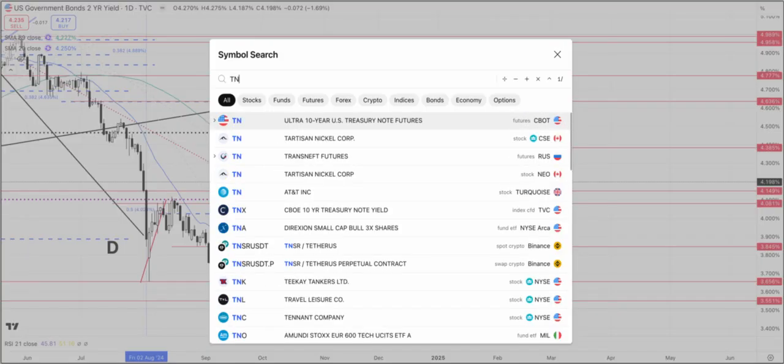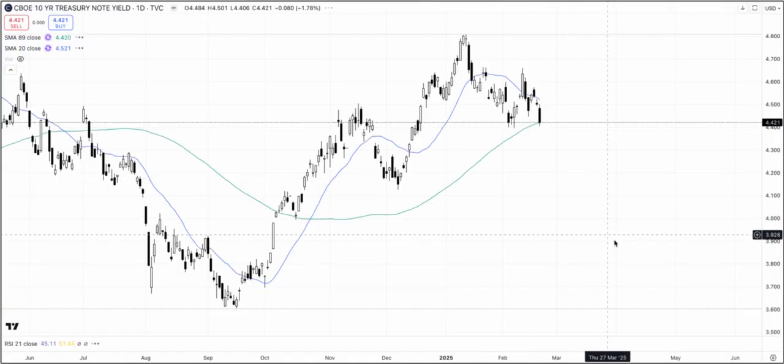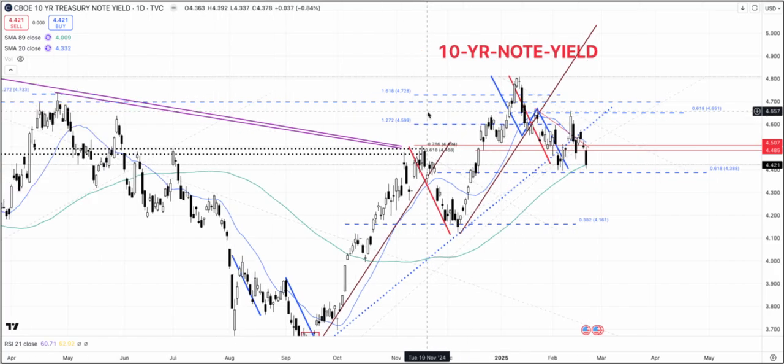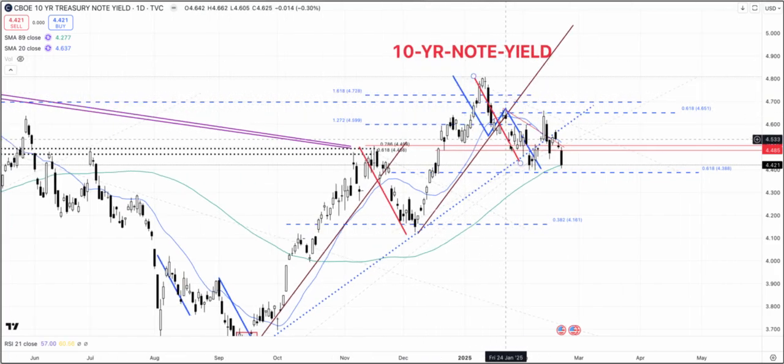Now the most interesting one is actually the 10-year treasury note yields. So the yields keep on falling. We had a really good resistance level right here. The market actually moved in a one-to-one price projection fashion right into the 61.8% retracement. This is where I thought that we could see a good rally, which we saw, and I really thought that yields were perhaps going to move higher, but that did not pan out that way, and the yields actually moved lower, and they are now testing back towards the support, or towards this low of 7th of February on the 10-year note.